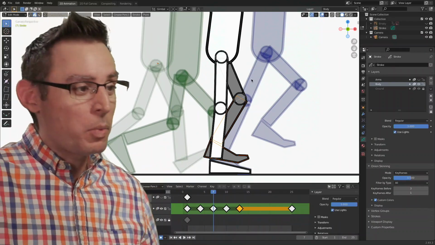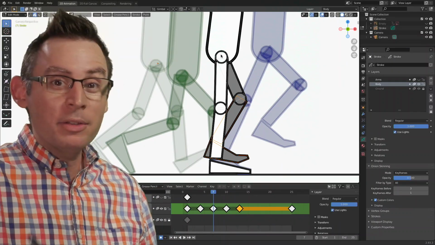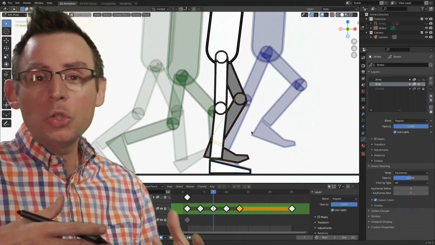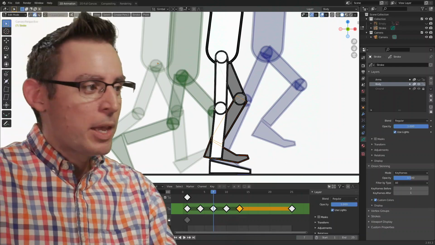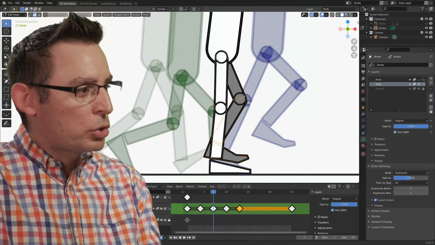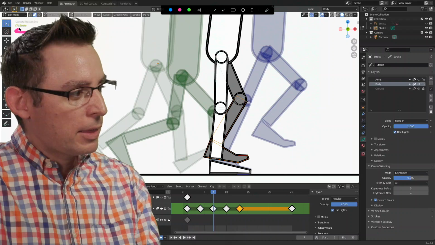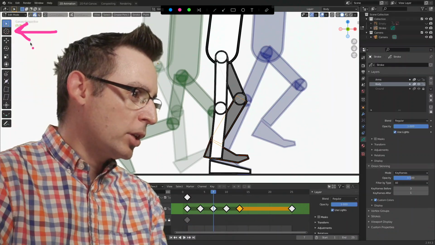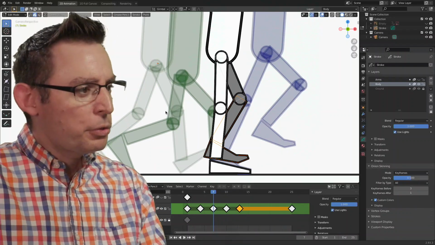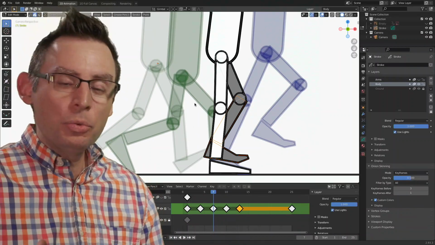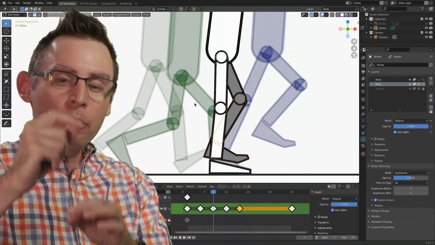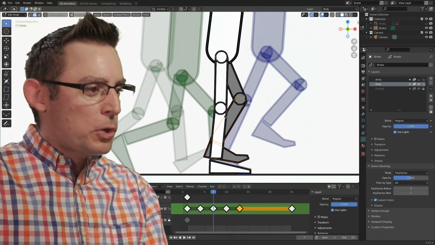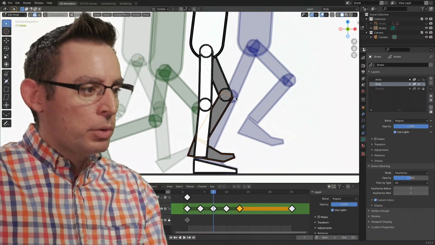There's a really great way for us to rotate around defined locations inside of our animation, and it involves using what's called the 3D cursor. The 3D cursor can be found over in our toolbar, and it's this guy right there. I apologize, let me see if I can get it out of the way. It's that guy right there. It's the one that looks kind of like a little target. The 3D cursor is a fantastic tool because it defines the area of rotation, or the location of rotation, if we change our tools.